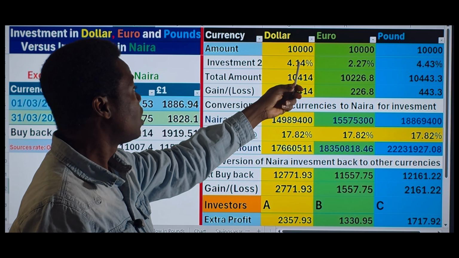2,771.93 dollar. Let's compare what investor A gained in investing in Nigeria Treasury bill with what he gained when he invested his $10,000 in America Treasury bill. He gained $414 in America, but he gained 2,771.93 dollar in Nigeria. When you subtract the gain he made in America from the gain he made in Nigeria, we have extra profit or a gain of